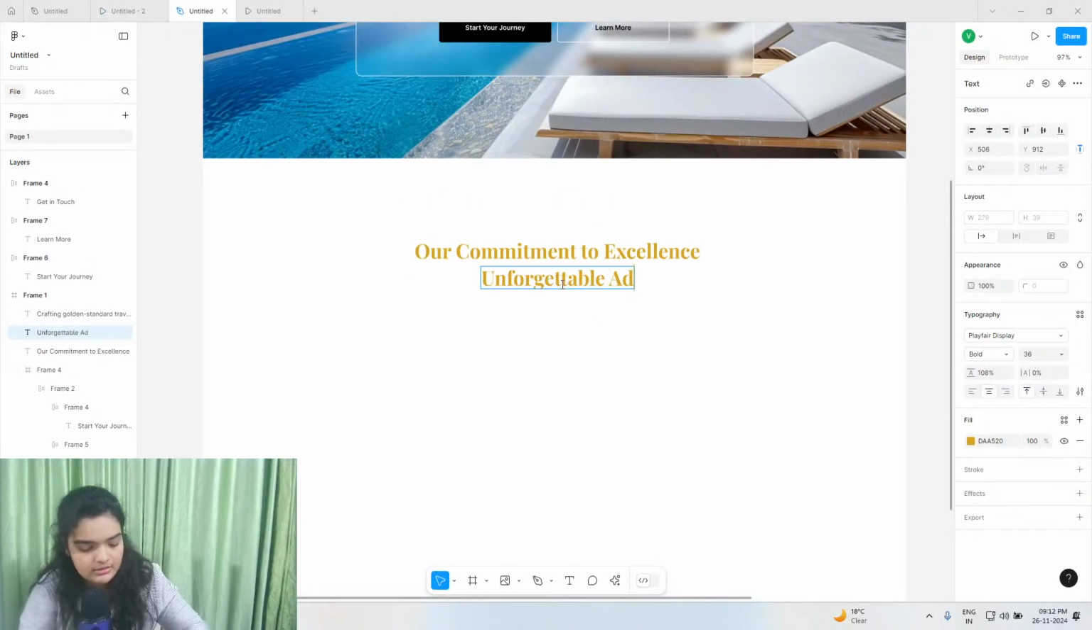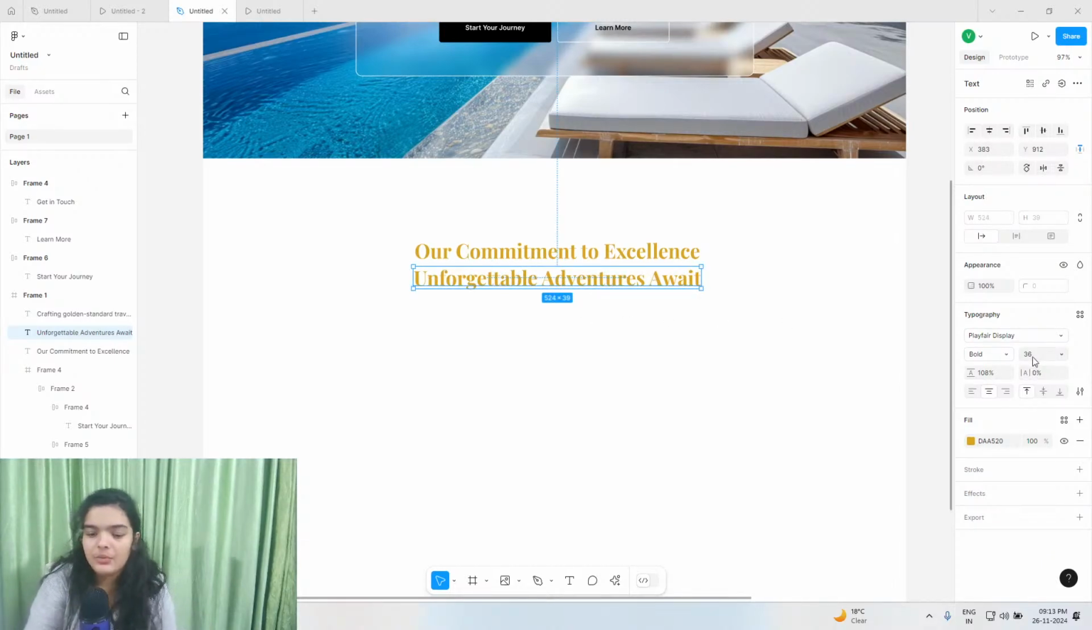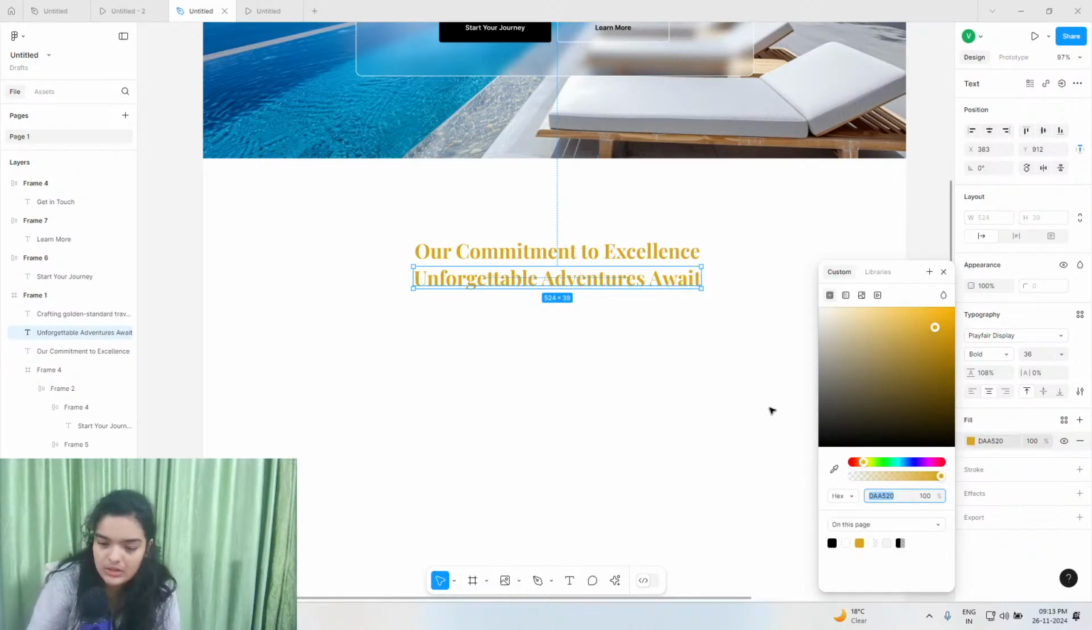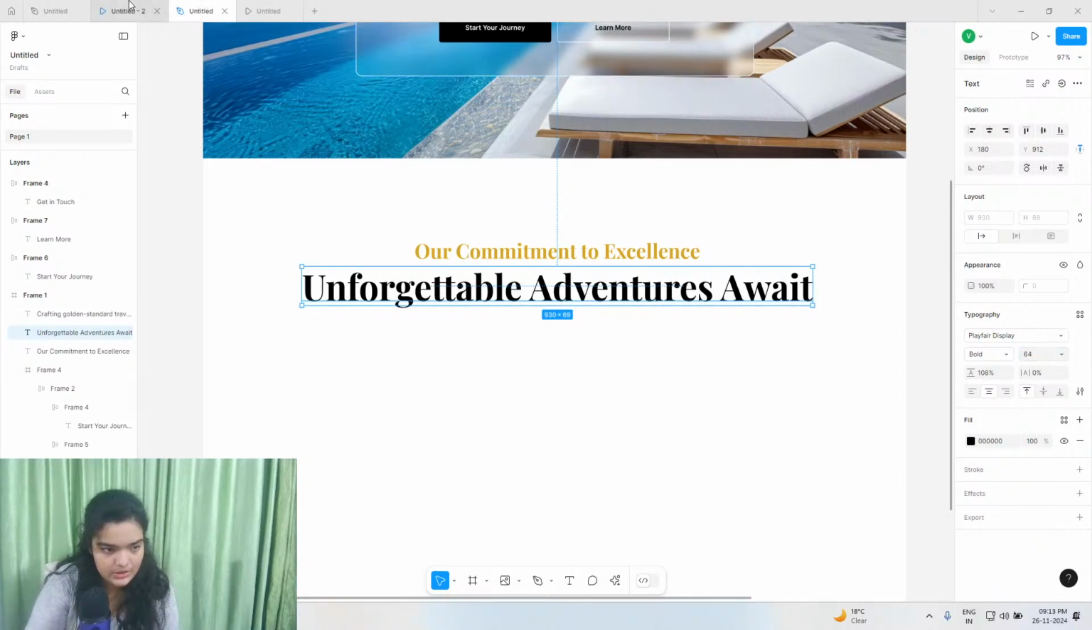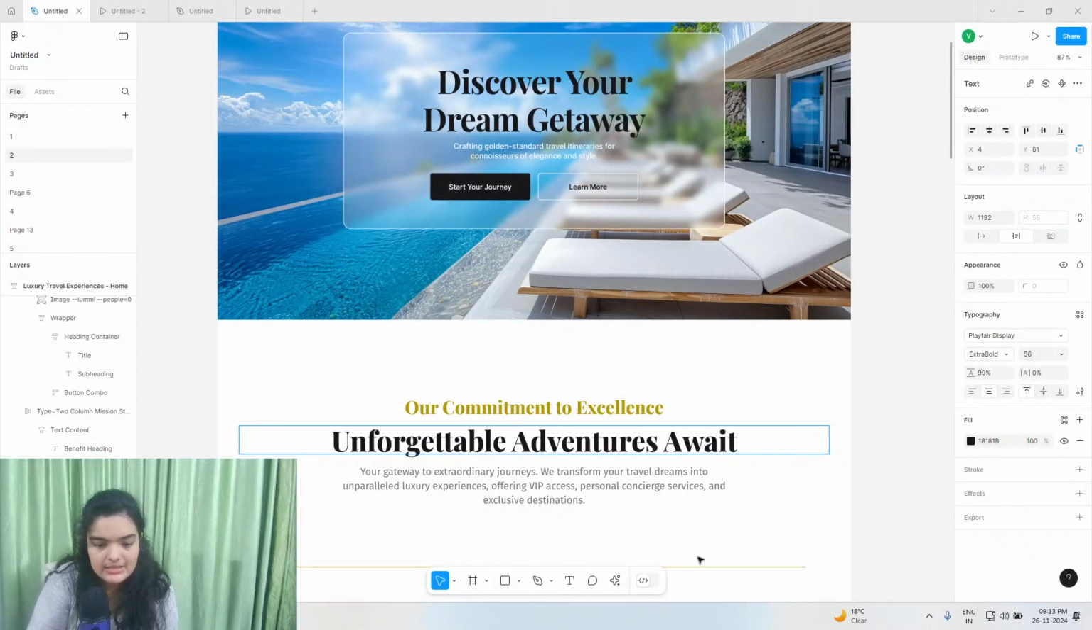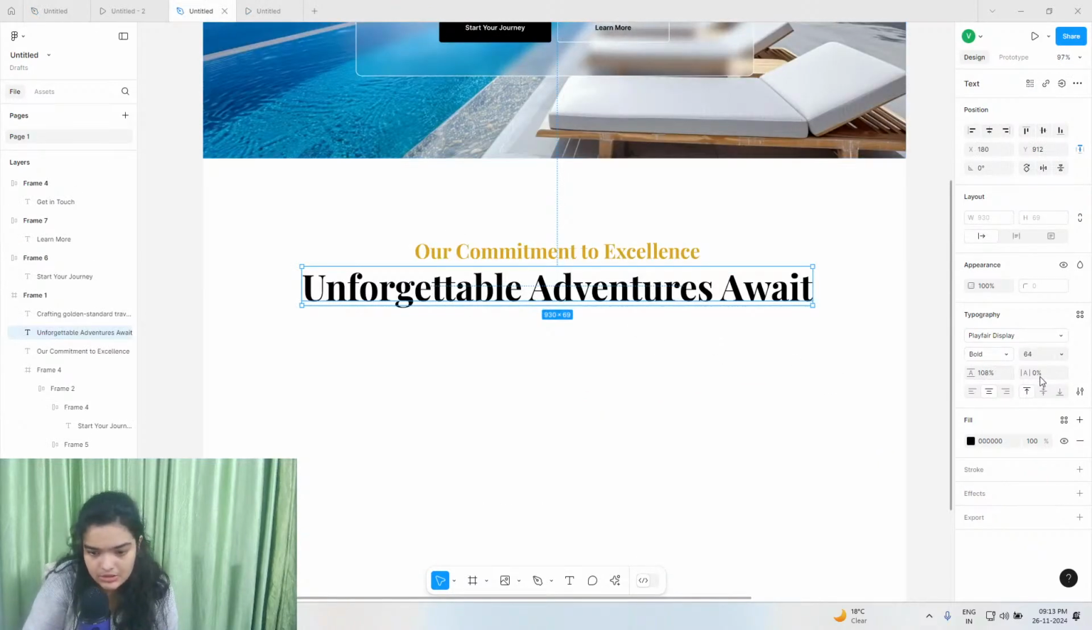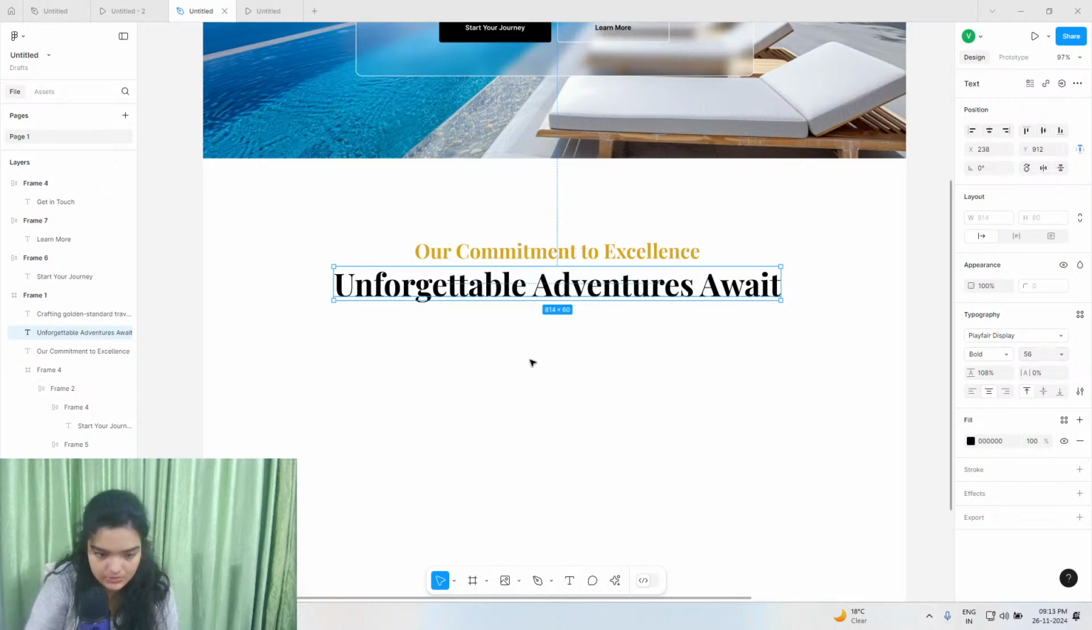Unforgettable adventures await. All right, now we're going to go back to a similar version of what we just did. Change the font color, change the size over here. You can just change the size and experiment around and see what works best for you. Let's reduce this a little bit because it seems a little too big for now. 56 looks good. Align this guy in the center, click on the same button,